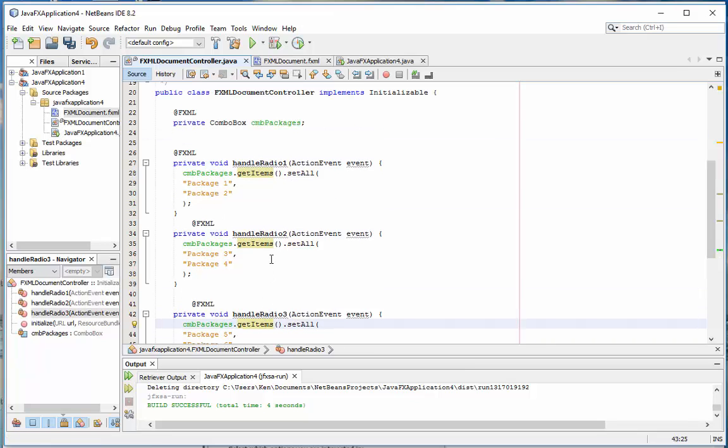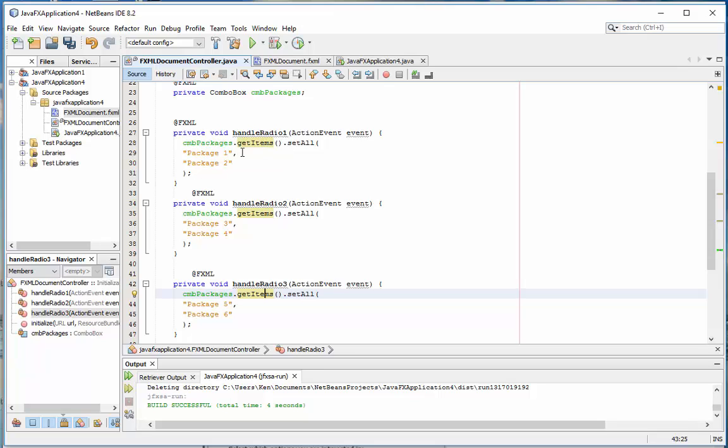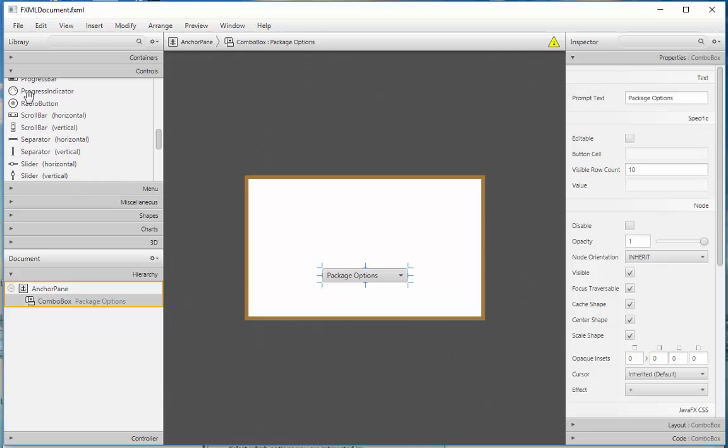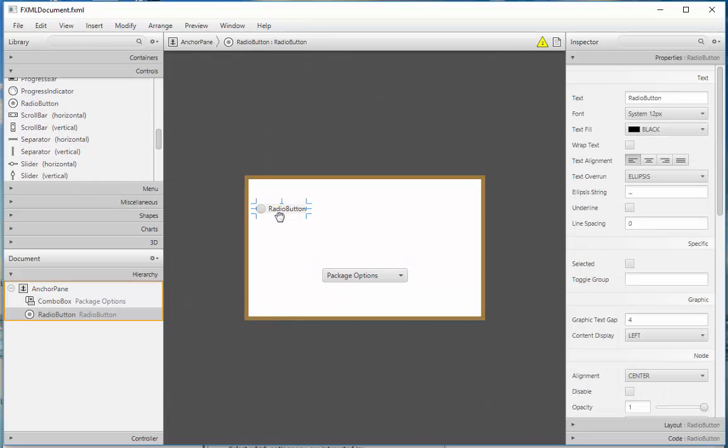And now I can go back to Scene Builder and I can create my radio buttons and then choose these methods for the on-click action. So let me go back to Scene Builder now and bring over some radio buttons. So here's radio button 1, and for the text I'll just call this option 1. Okay, right now I'm not going to change anything else on that,